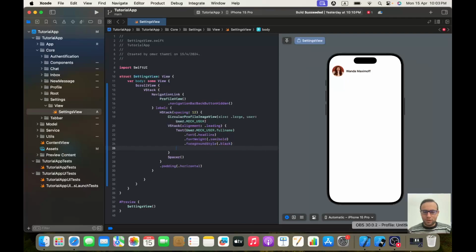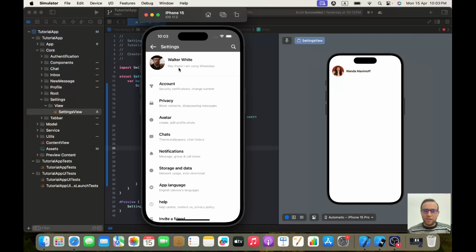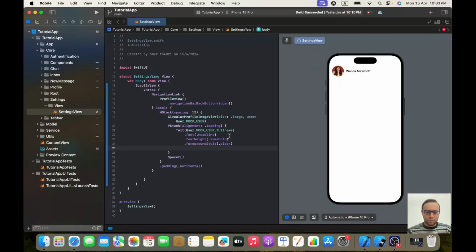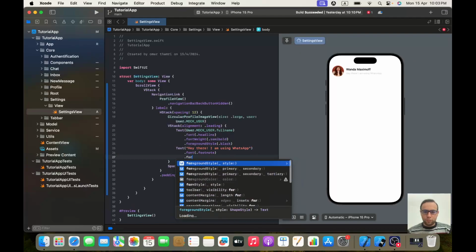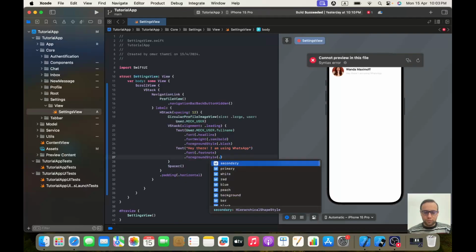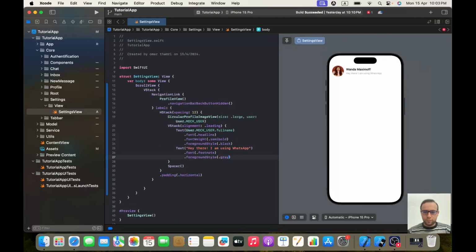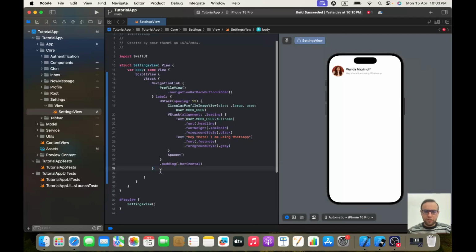The second one, it's this one. Hey there, I am using WhatsApp, so Text "Hey there, I am using WhatsApp", and I will give it a font of dot footnote and the foreground style of dot gray. Okay, perfect. After my navigation link,